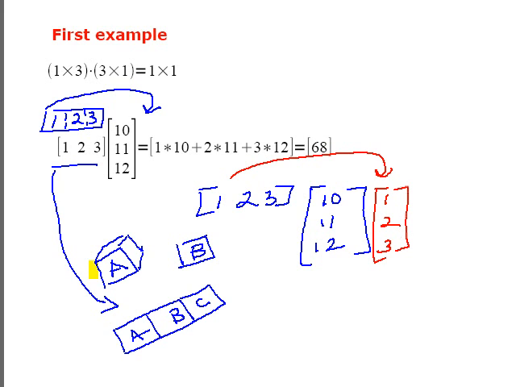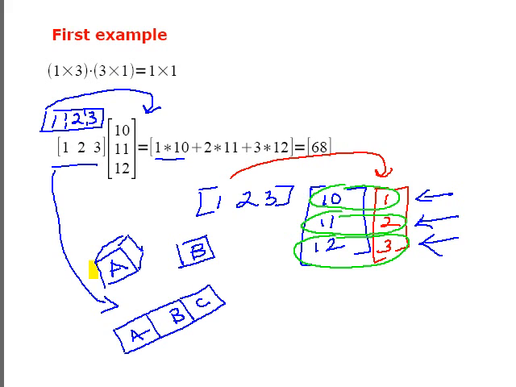And now you see that the 10 and the 1 sort of match up spatially, the 11 and the 2 are matched up, and the 12 and the 3 are matched up. You multiply the 1 times the 10, the 2 times the 11, and the 3 times the 12, and you add all the results together. And that's what's shown here. 1 times 10 plus 2 times 11 plus 3 times 12, you add all that up, and there's your answer,